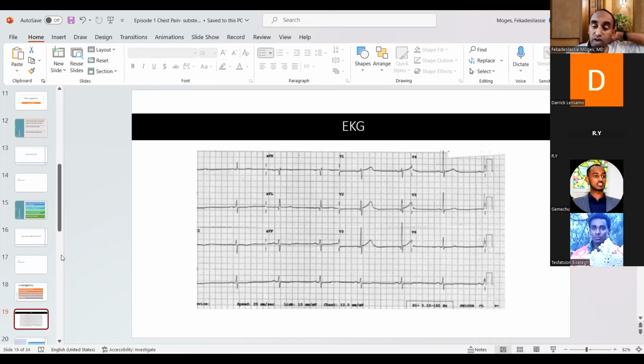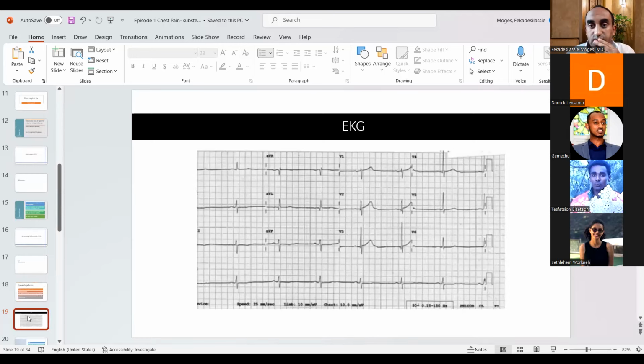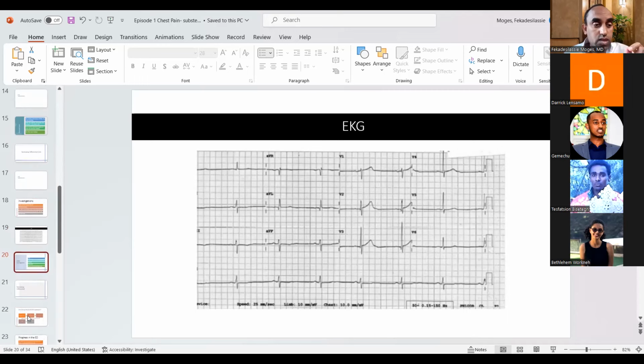Based on the information provided, I have given you information which would help you to differentiate between the two. Because of biomarker elevation, I think non-STEMI. Non-ST elevation MI, excellent. Thank you so much. There is cardiac injury, there is enzyme leak. We are dealing with something above unstable angina. It's not simple unstable angina, it's more than that. The troponin is elevated. So most probably we are dealing with an NSTEMI, okay?